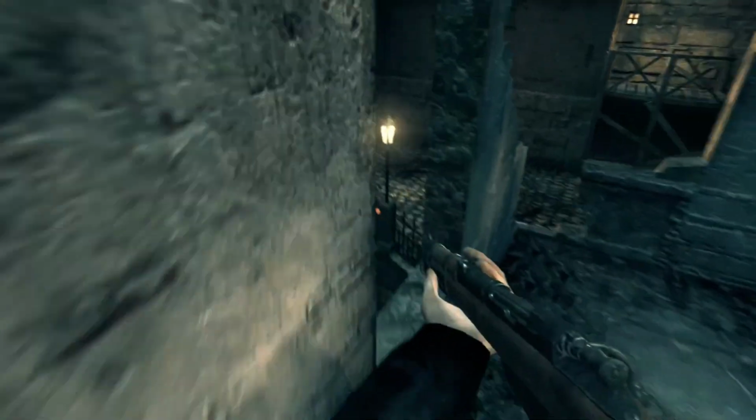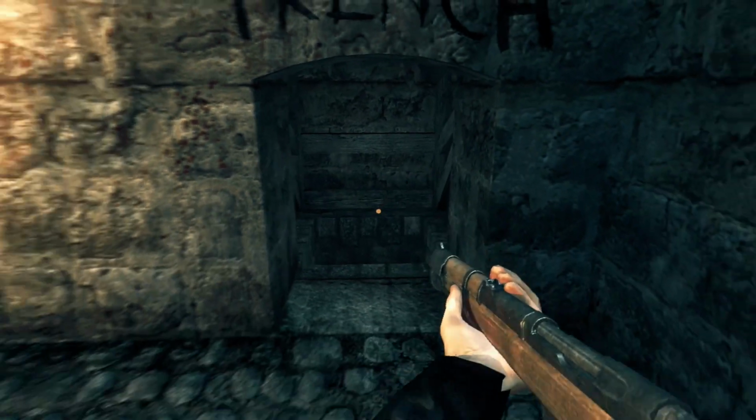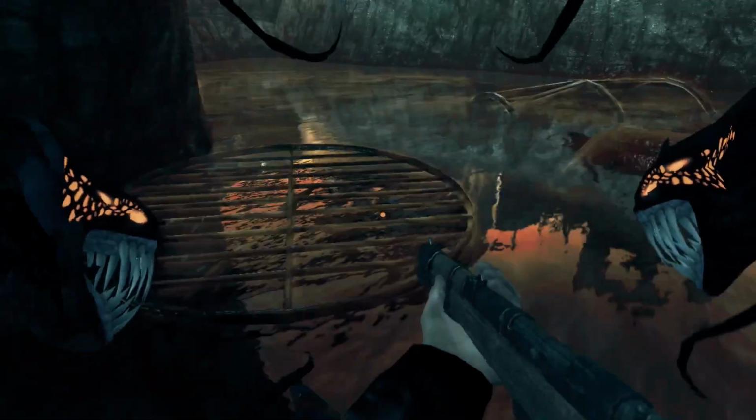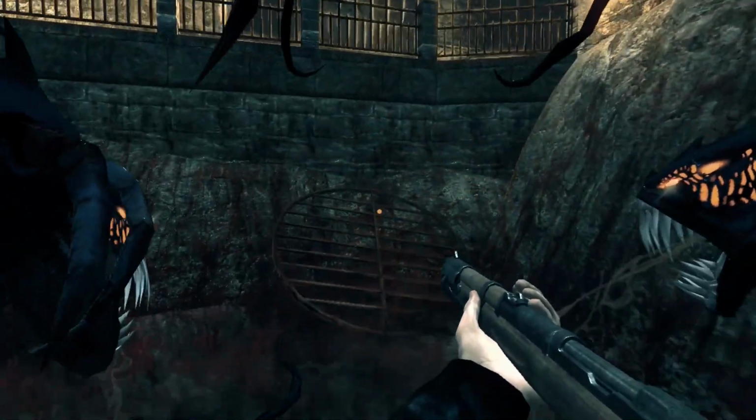Go to the left of the hospital door here. You can jump in this window. Jump in the window, and jump out the other side. And then you can go down to the trenches. And the other method for getting through here is to take this grate, prop it up against this hill here so that you can walk on it,